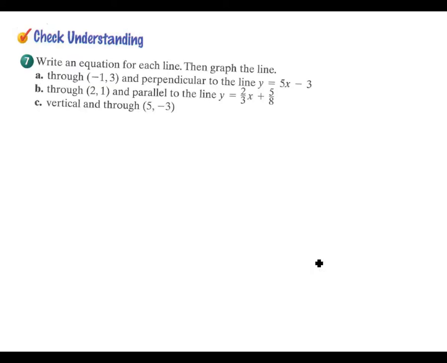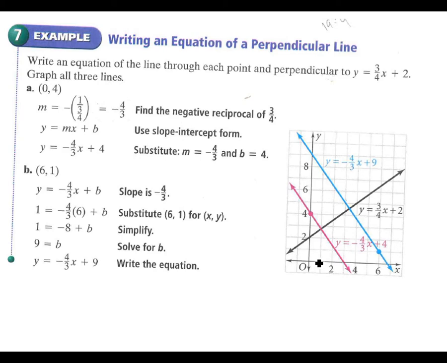All right, so on this one, last example, let's write an equation of a perpendicular line here. So we can see here, we've got the steps. We have our original equation, y equals 3/4 x. All right, so now we want the equation that goes through 0, 4, right? So let's figure out what's the reciprocal of our slope. The flip of 3/4 is going to be negative 3/4. So then we can plug it straight into our